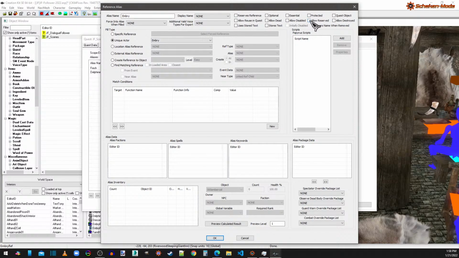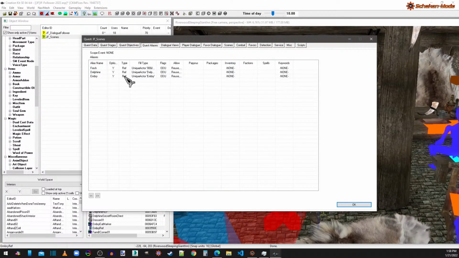Same thing here with the checks, allow reserve. It's going to store the text. All them checks, pretty much good. Okay, we have our reference. Now,